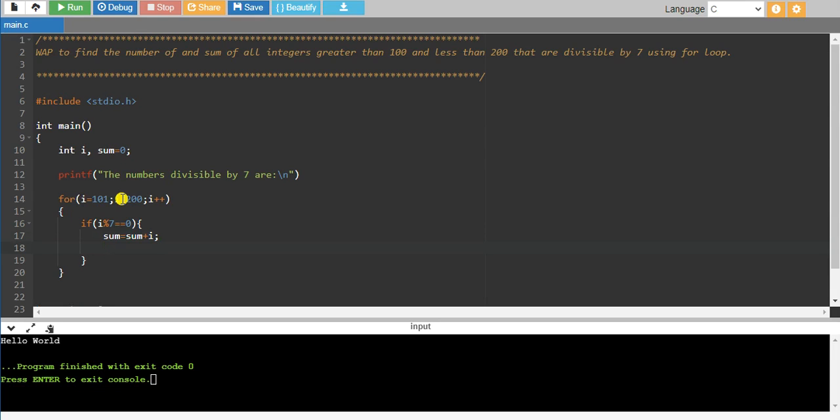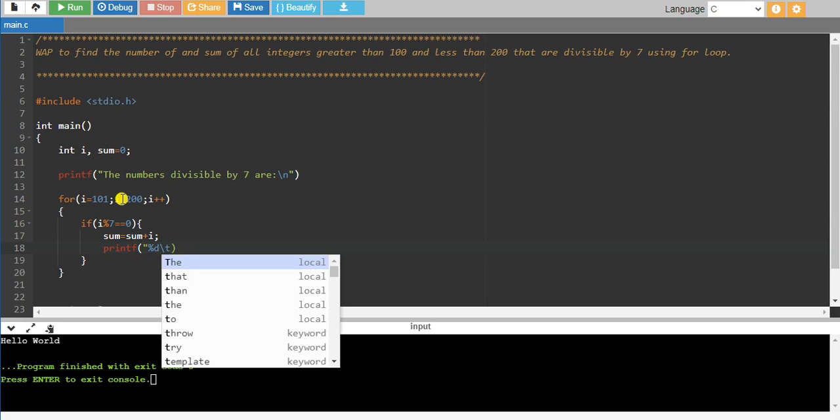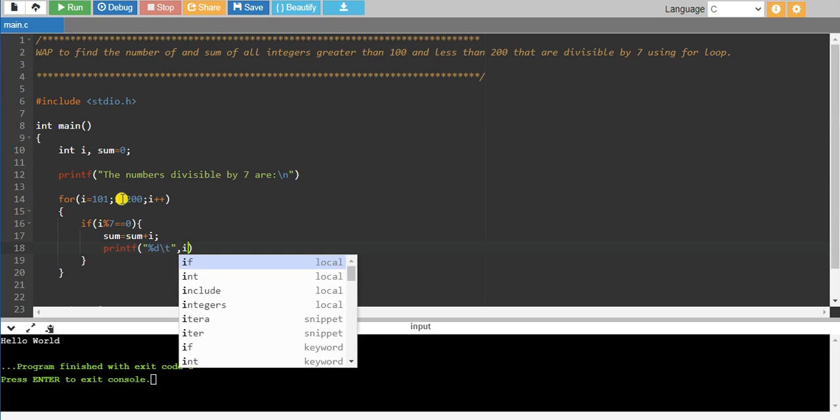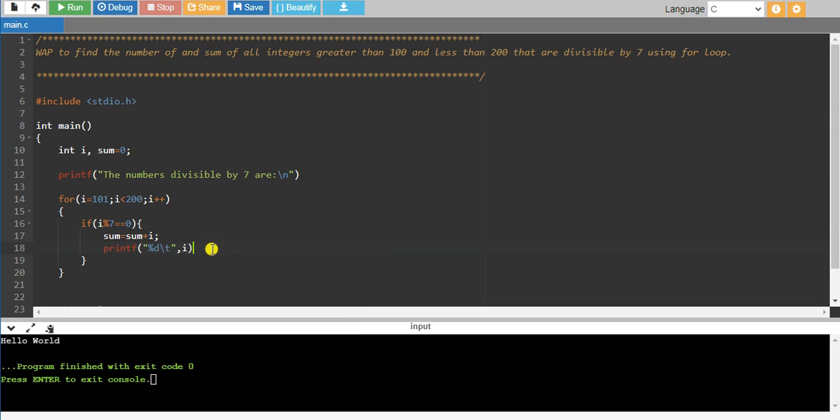Then print that number: printf, percentage d in double quotes, and I'm giving a space between the numbers, that is 8 characters using slash t, then comma i, printing that particular number which is divisible by 7, and before that I'm adding that number to the sum.